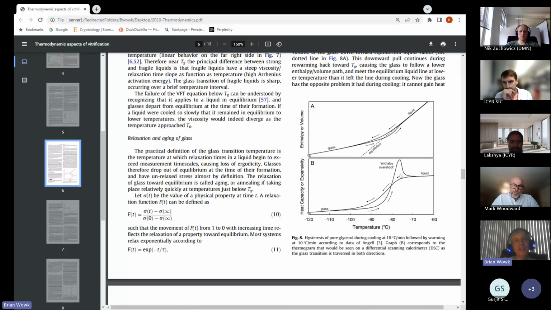And people have actually done this. They've taken DSC samples that have been stored for years, like 10 degrees below the glass transition temperature, and then warmed them back up again, and you find you get a big enthalpy overshoot, meaning that the glass in that sample has actually relaxed over that time period of years. But this is mostly of theoretical relevance. The aging of glass,